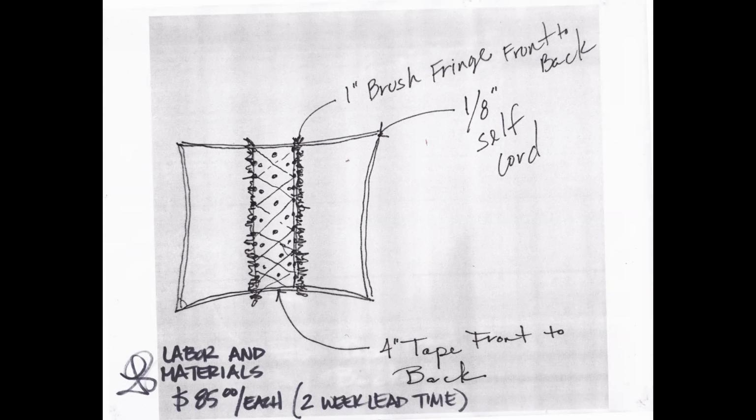Now, it's not just the labor to sew all of these elements together, but it's also the material. So this drawing doesn't show the size that this pillow is going to be, and that might be a piece of really important information that's missing. However, it may not be written here because the designer may have some kind of understanding with the workroom that says every pillow we design is always going to be 16 by 16 inches, for example, unless otherwise noted. So that's why the dimensions may not be on this drawing, but typically they would be there.